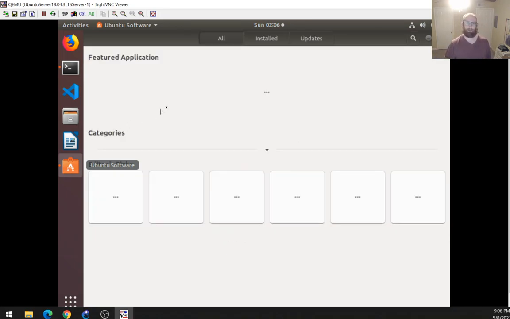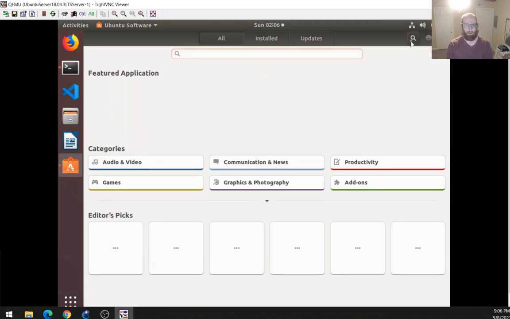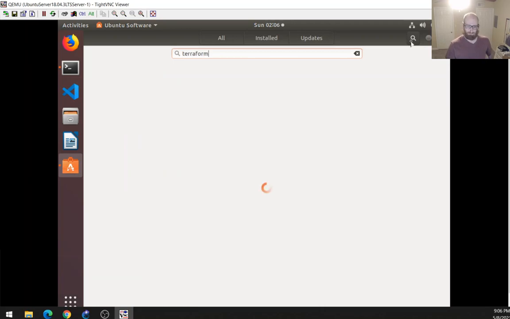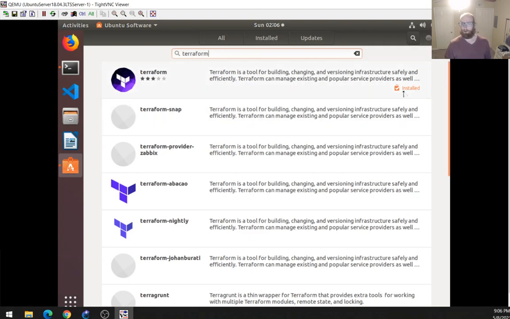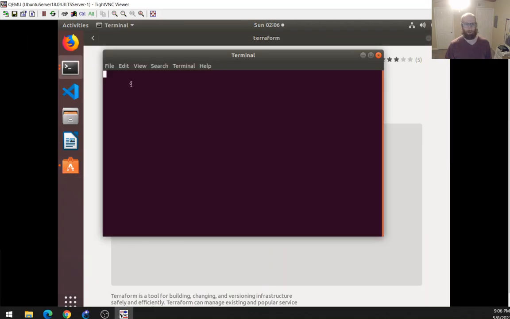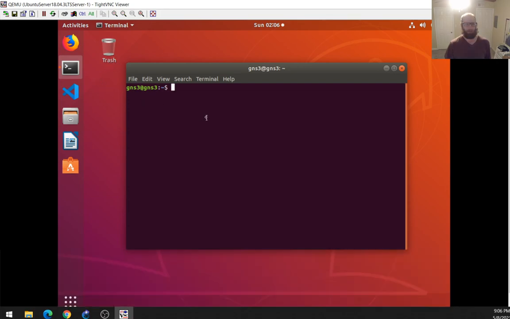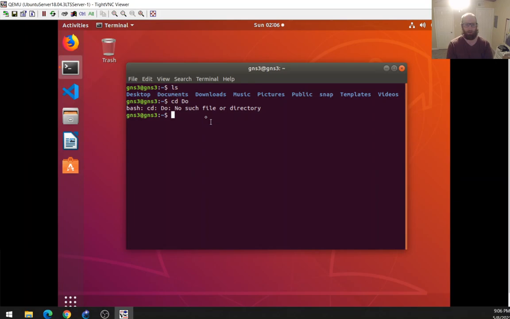Alright, so the first thing we're going to do is try to get Terraform from here again. Oh, actually it looks like it's installed already, so perfect. That's good. Let's try to launch it. Okay, and looks like it launched as well. Okay, sweet. So Terraform seems to be working. So let's change directory into documents. And then,